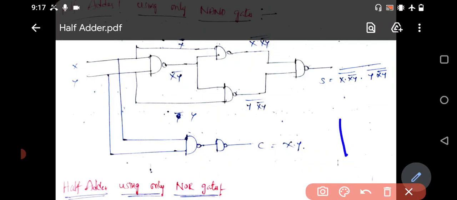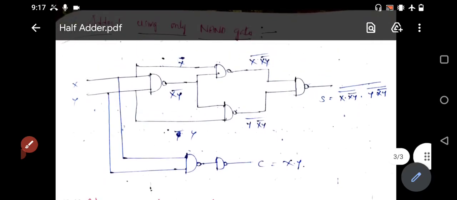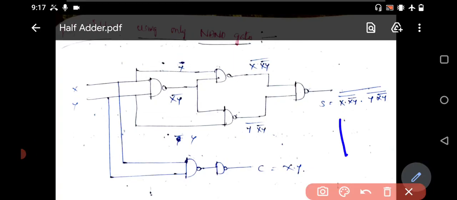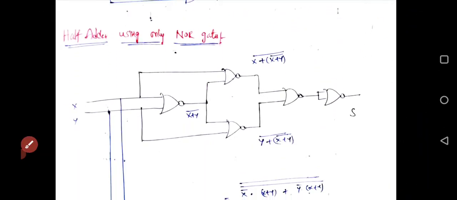At the same time, these are the different types of combination. Taking x, the output is xy bar, and it is given to this one, so I get x into xy bar whole bar. Here also the same thing is again given to the NAND gate. We can get the output like this only. That output is equal to the XOR gate operation, x bar y plus y bar x.